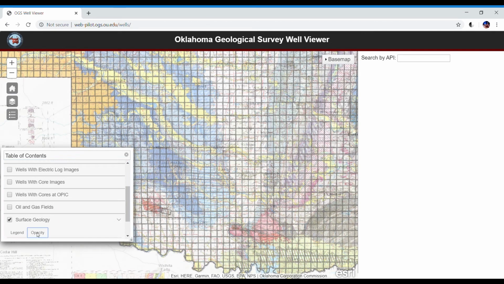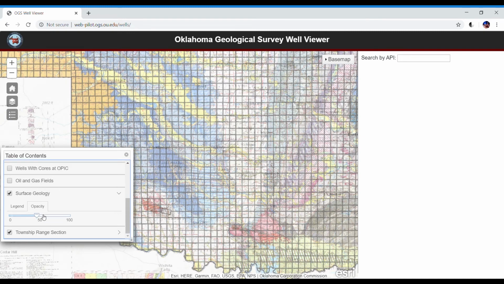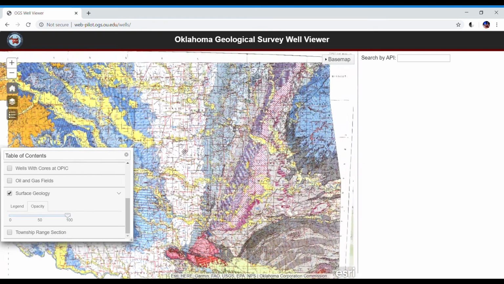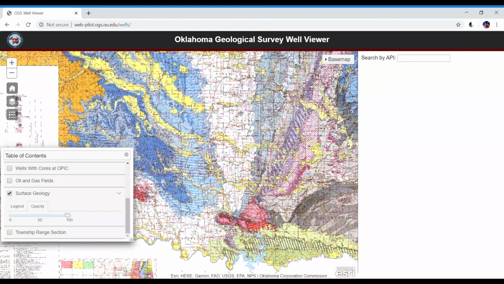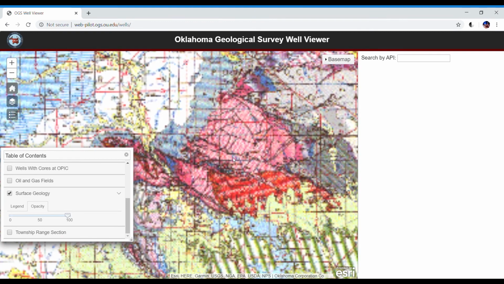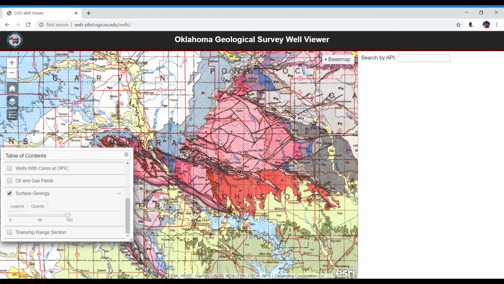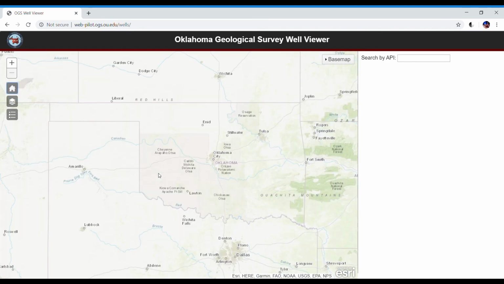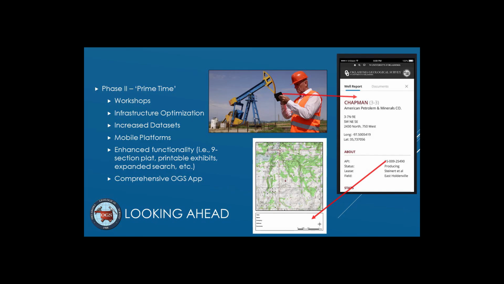So in terms of mapping and other digitization projects for our publications, for example, we have a couple play maps that we're planning on incorporating into the system in the not too distant future, as well as expanded search criteria and just expanding upon our existing data sets. And finally, here we're zooming in on a surface geological map, just to illustrate another mapping layer that we hope to expand upon. So again, everything we've seen here today is the culmination of basically a 6-month project